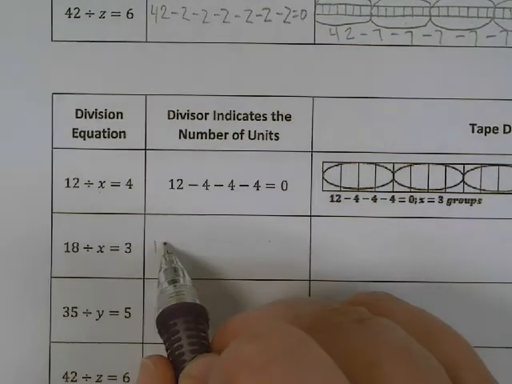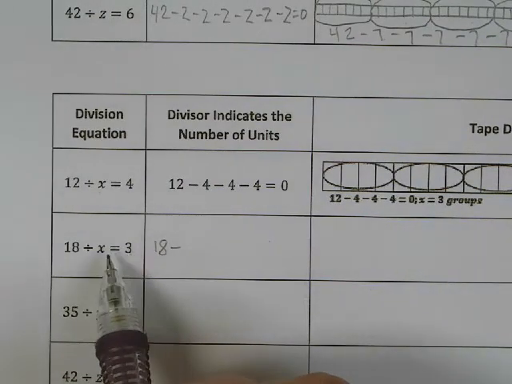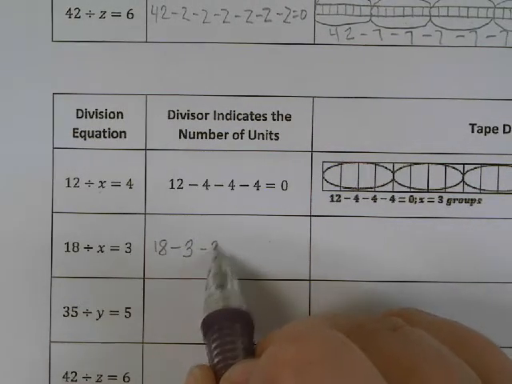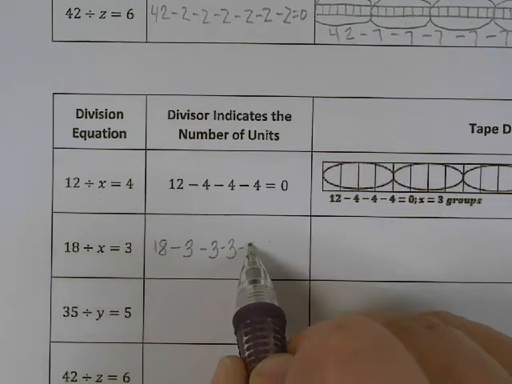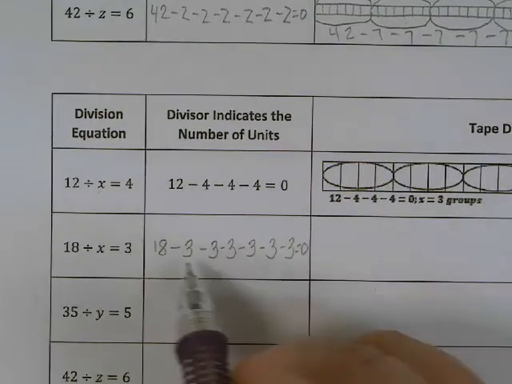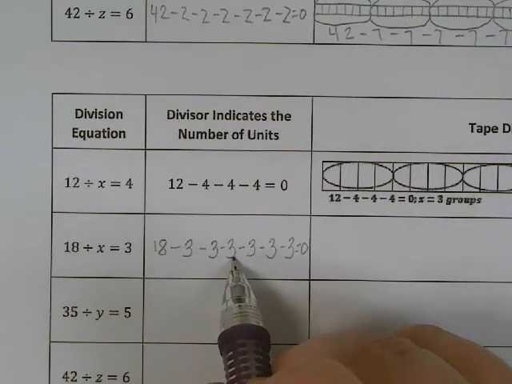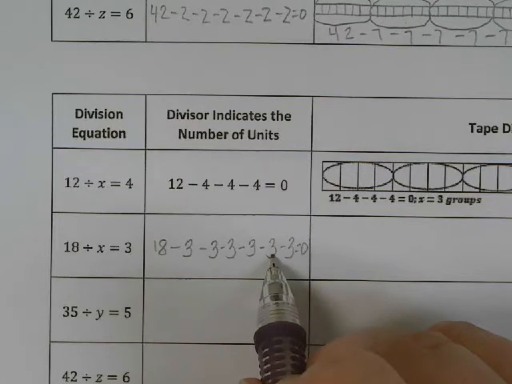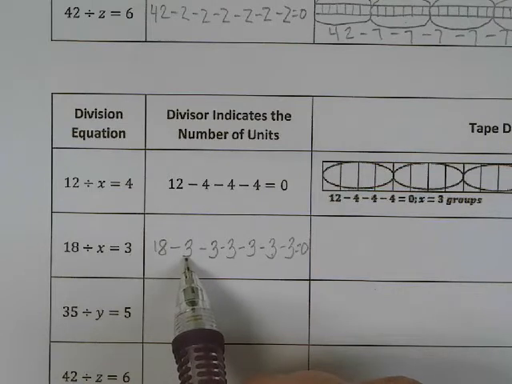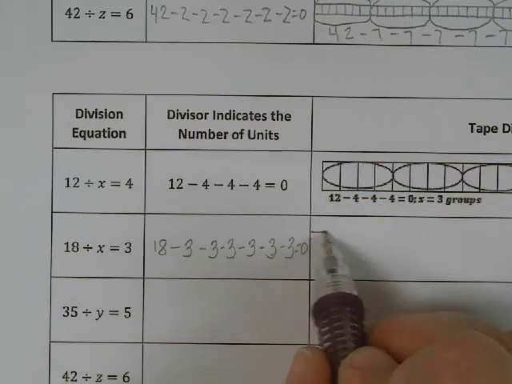So on this first one, 3 is my answer, so I'm going to use that for x. So I'm going to repeatedly subtract 3 until I get to 0. So 18 minus 3 is 15, minus 3 is 12, minus 3 is 9, minus 3 is 6, minus 3 is 3, minus 3 is 0. So I can see that I'm going to have 1, 2, 3, 4, 5, 6 groups of 3. So in this column,